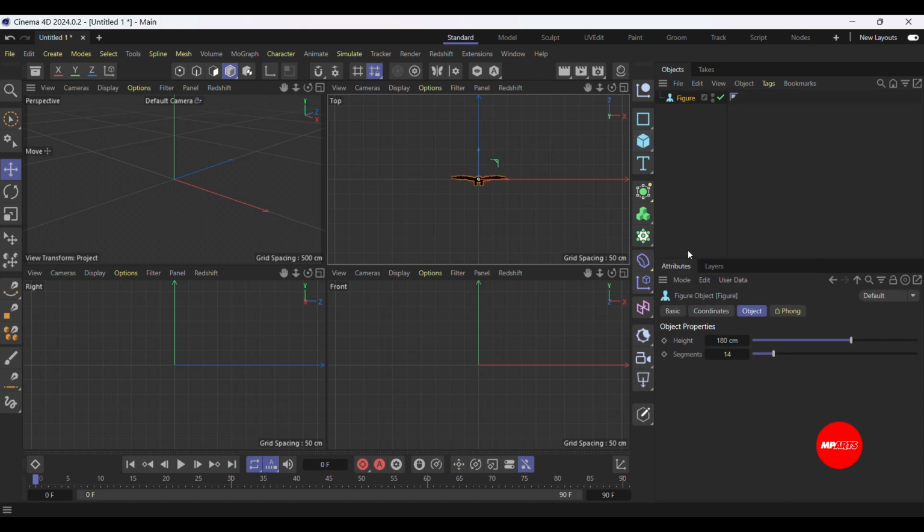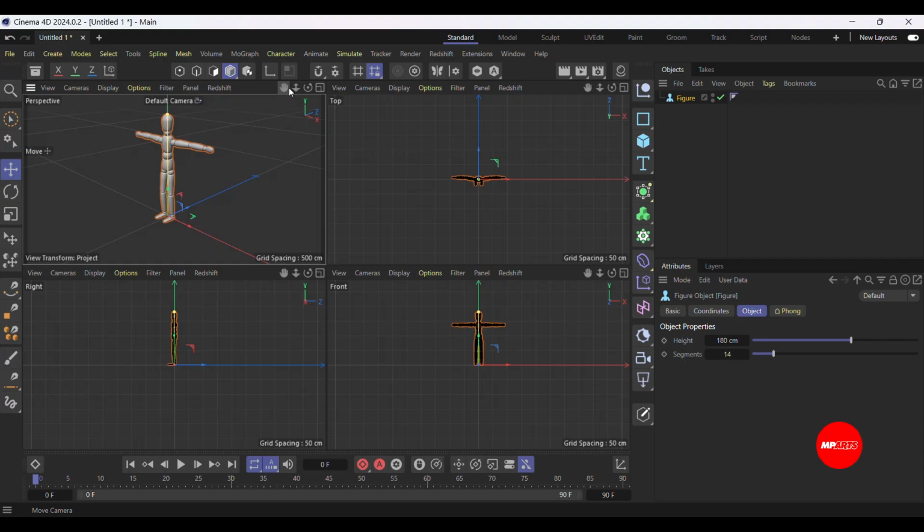Drop a figure and you can see. With this, you can see properly what you are looking at. This is perspective that shows all sides at once. All sides at once, and try to look at the way I move around. This icon is to zoom in and zoom out. This is to pan. This is rotate. And